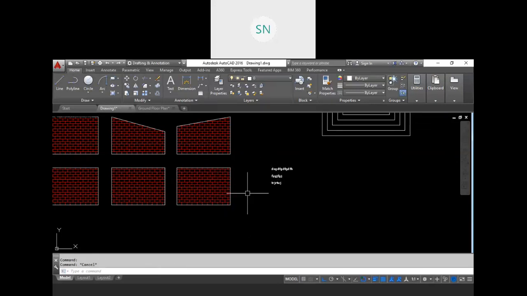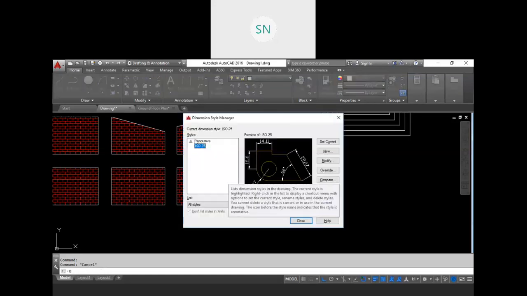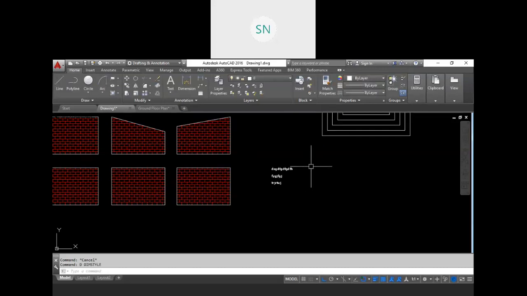Then the third one is dimension, which we will discuss in our next class, right? In the dimension, we also have annotation facilities, and the fourth one is block, which we also have in our next class.